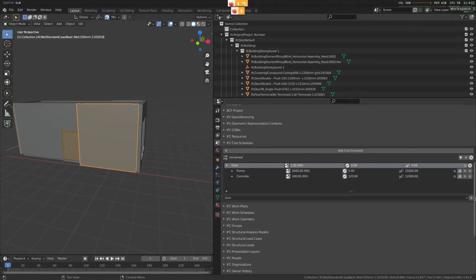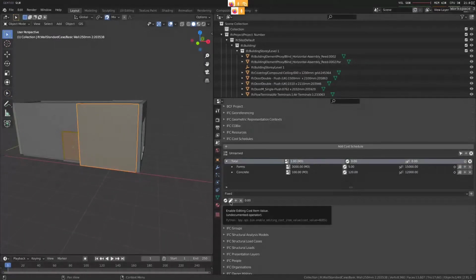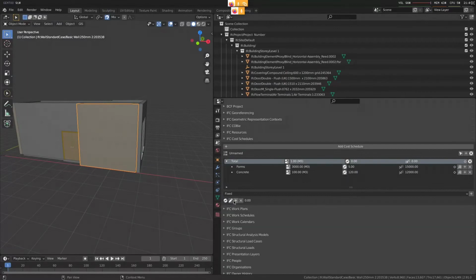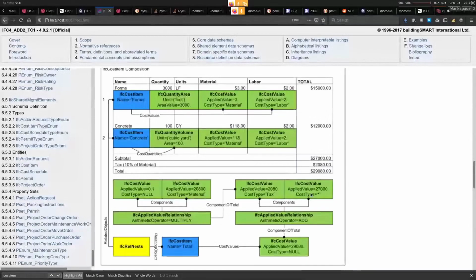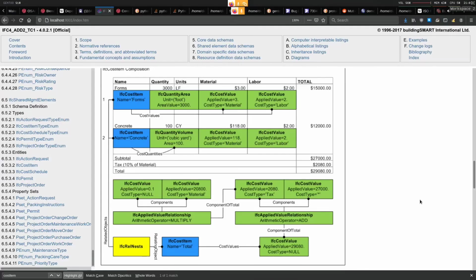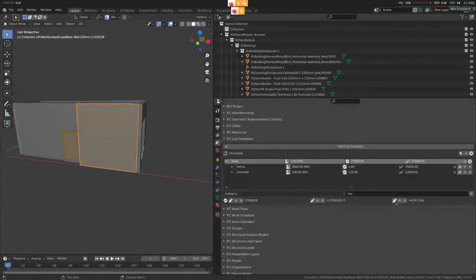So we're going to have a regular cost item, and this cost item is going to add, so we'll enable that, to a sum item, which is 27,000, that's this one here, plus a tax, and this tax is calculated by multiplying